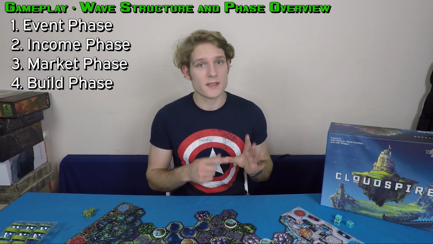So the game takes place over a number of waves, and you can reduce or increase this number if you want a shorter or longer game. But the standard game is 4 waves. Each wave is broken down into 6 phases. There is an event phase, then an income phase, followed by a market phase, a build phase, a prep phase,